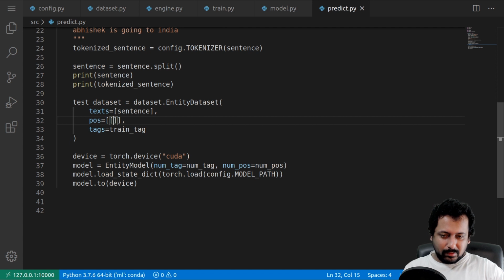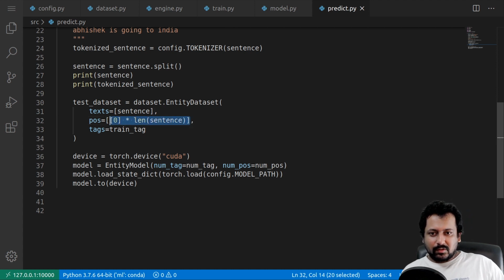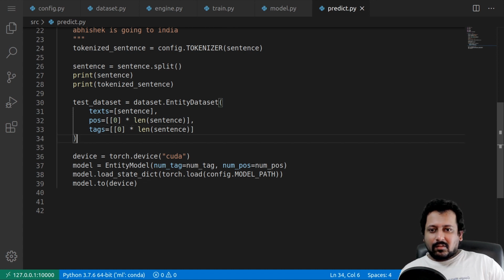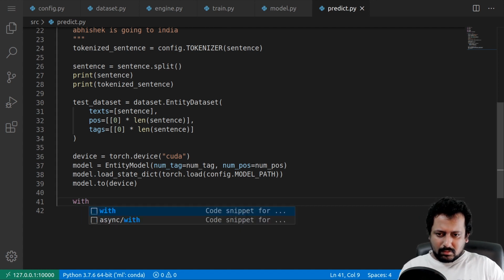So what you can do is just have zeros times the length of the sentence which is split, and you can do the same for train tag, because this is test data, so you can have any kind of label that you want, it doesn't matter. And now we have to do with torch.no_grad,